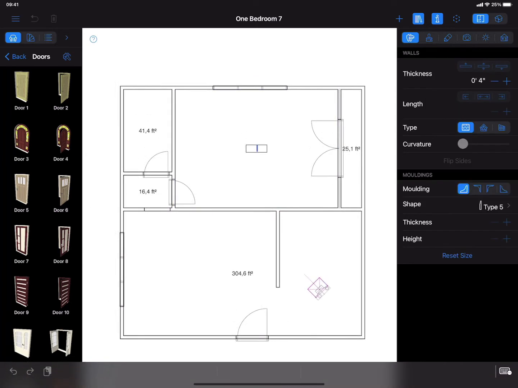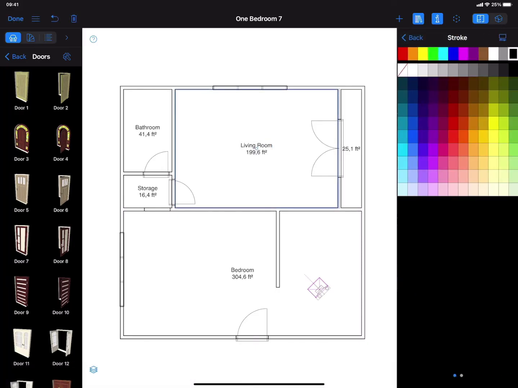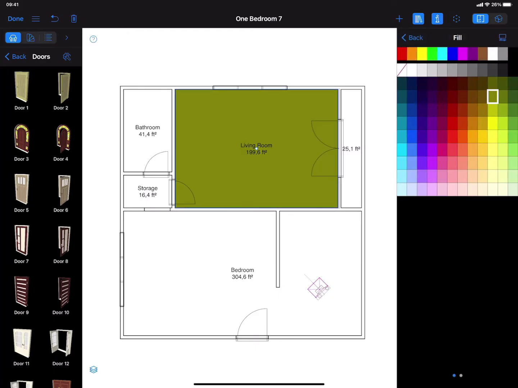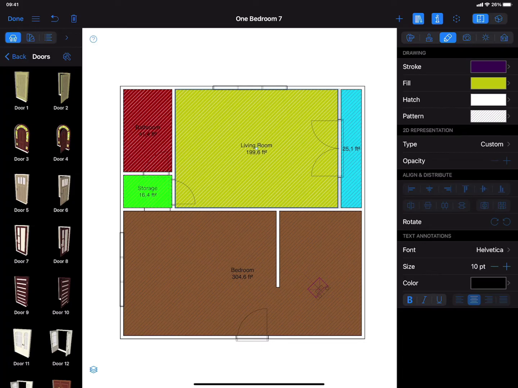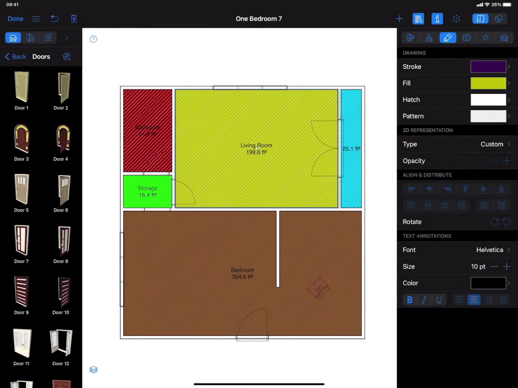You can see there are area measurements for each closed room. You may add custom comments by double tapping on them and typing in what you need. For example, room names. You also have an option of filling the rooms, walls, and other building elements on the floor plan with color and/or pattern in the 2D Properties tab of the inspector.